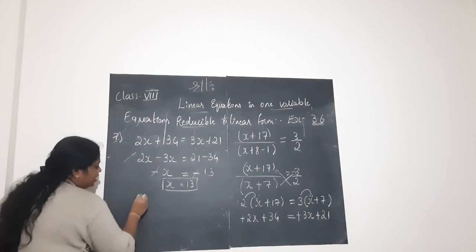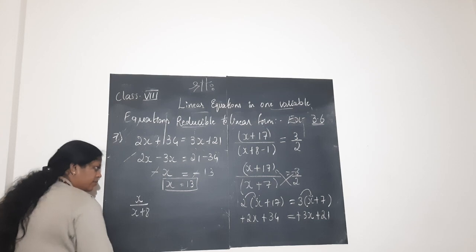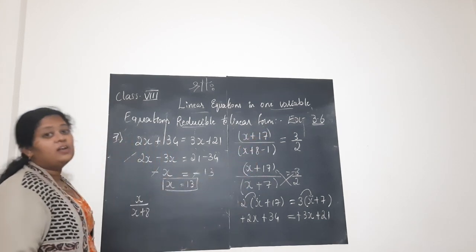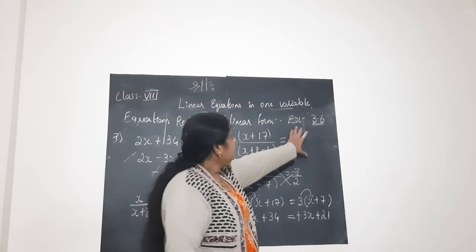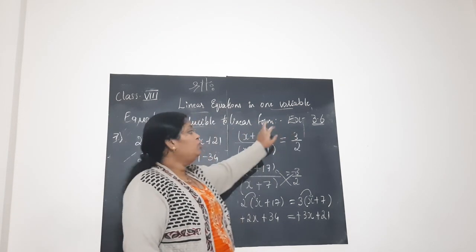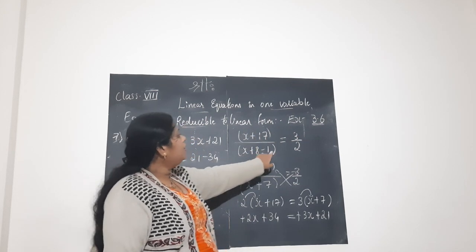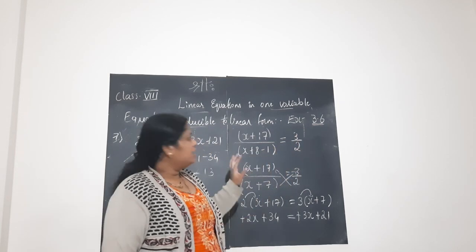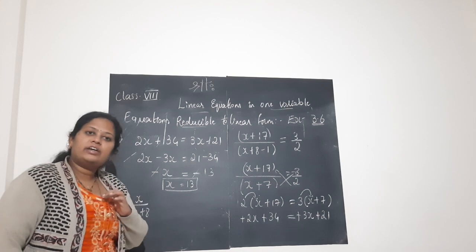Numerator is x, denominator is x plus 8. We are not taking this x plus 17 or x plus 8 minus 1. Why? This data has to be considered for taking this ratio. Why? When numerator is added by 17 and denominator is subtracted by 1, then we get a number which is equal to 3 by 2, they said. That is the reason we did all this. But we are not doing all that in order to find rational number. Why?